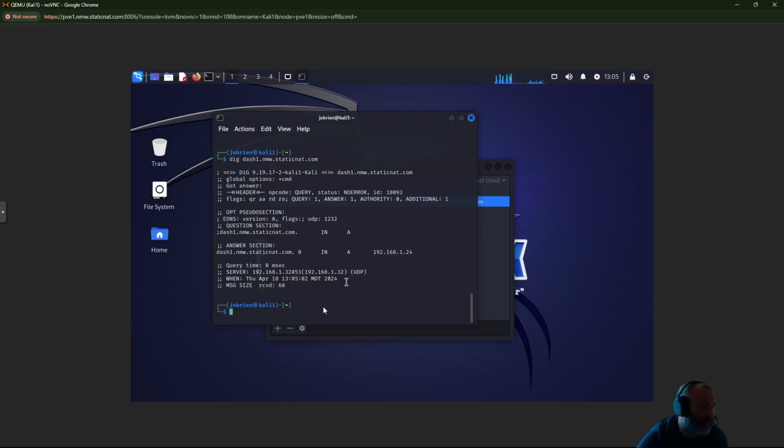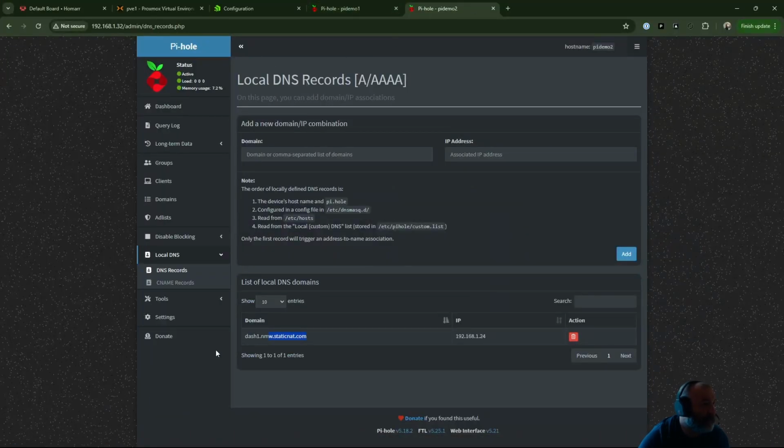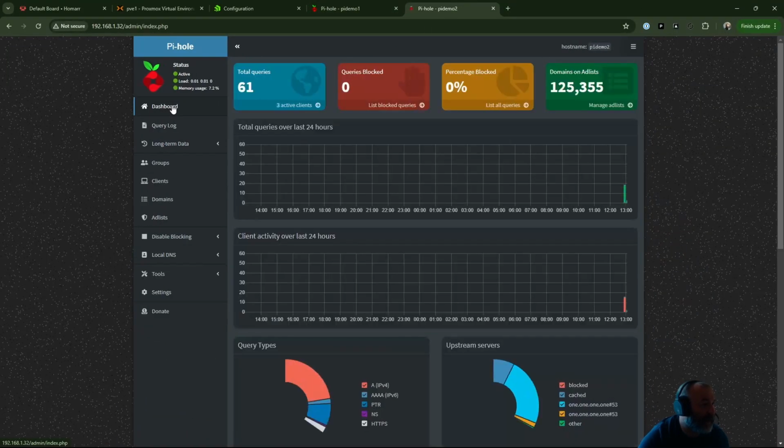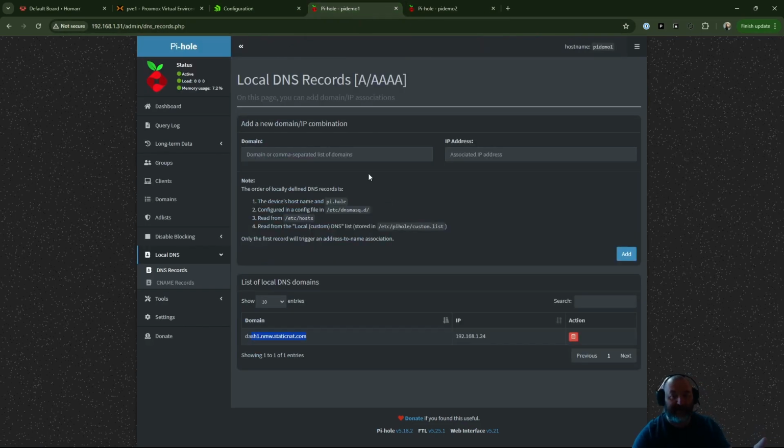And we should get a response to 24 right there. And then if we go back over to the actual Pi-hole and look at the dashboard, we look at what it's resolving. You'll see that it's actually doing resolution for -1.staticnet.com. It's double pending because of the other mistake I made. But anyways, doesn't matter. The point is we have now set up synchronization between these two hosts